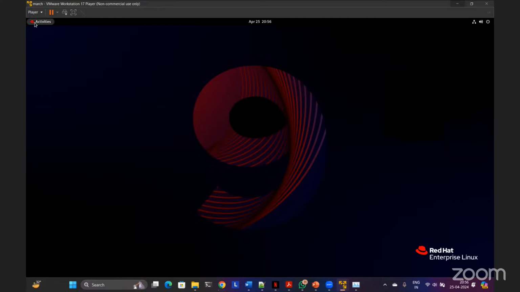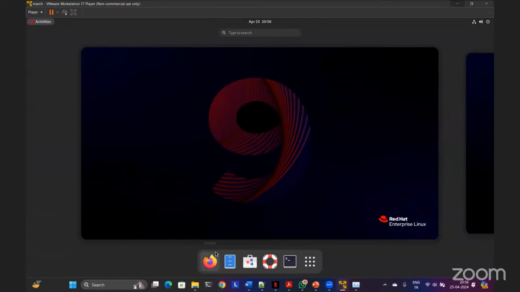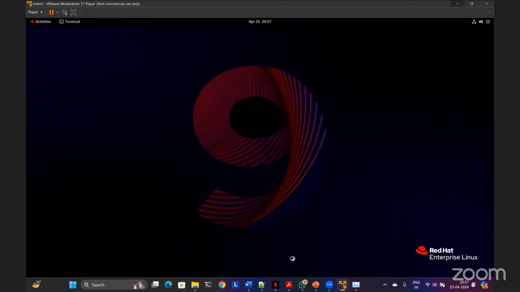At the top, you have Activities. It is just like the Start button in Windows. The difference is that it is at the top left corner, while the Start button is at the bottom left. Click on Activities. A dock will appear from the bottom. Here some applications are pinned. Firefox is there. Yes, Firefox also works on Linux. There is one thing called Terminal, and then there is Files, this blue icon. Files is like My Computer. And then Terminal. Let me show you this terminal first.